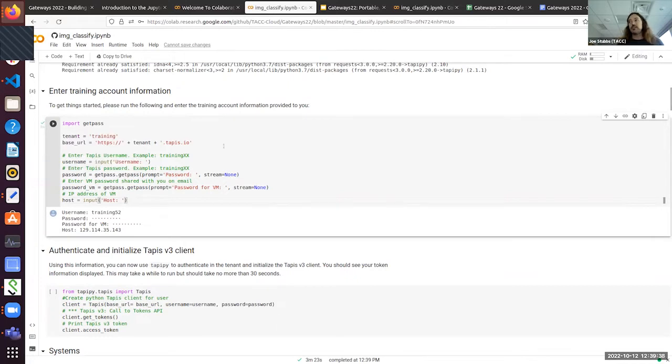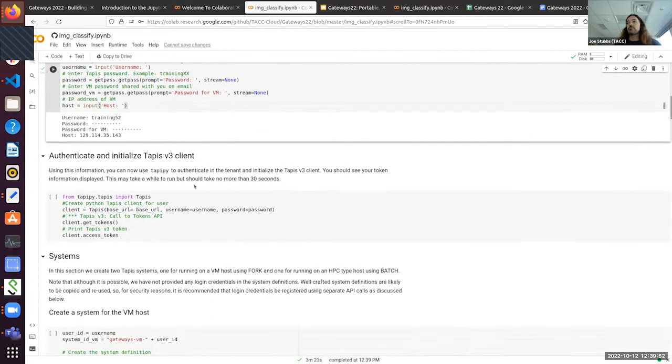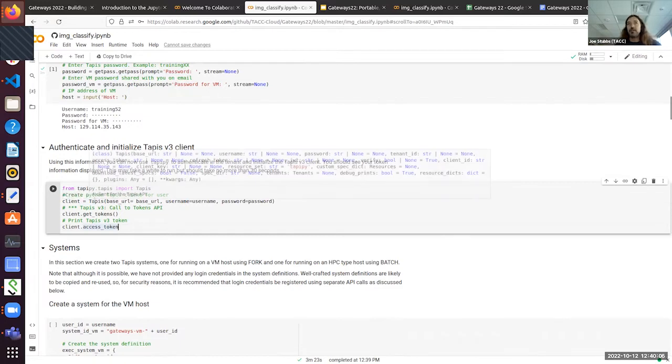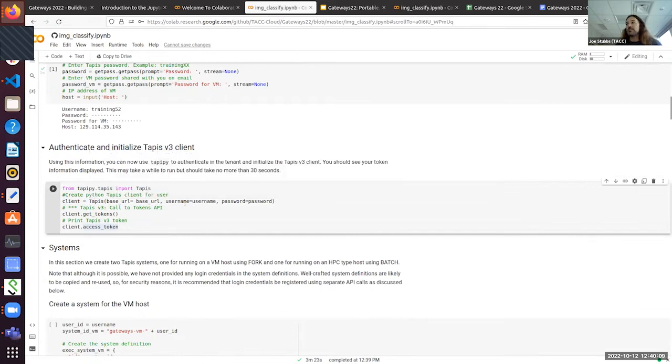And at this point, I haven't actually done anything with Tapis. I've just set up these local variables: username, password for the VM, and the host for the VM, the IP address. And so now what we're going to do is authenticate with Tapis. And I'm going to say a little bit about what's going on here. We're going to create a Python object. We're going to call it client, which is a Tapis client object. And here we're passing just the username and the password, so that's training 52, password equals training 52. We're going to do this, and then we're going to